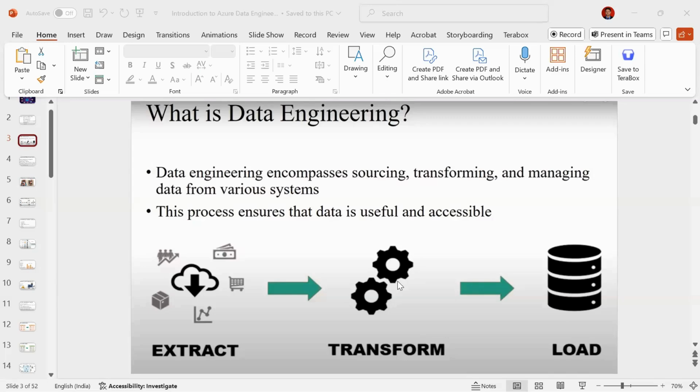Now our ETL slowly became ELT: extract, load, and transform. If you are working on a database, you can think of ETL. When you go to the cloud and any kind of big data environment, you cannot rely only on ETL. You need to move to ELT, extract, load, and transform. Correct, right? Because you will get some streaming data as well. So what is meant by streaming data? Live streaming data.